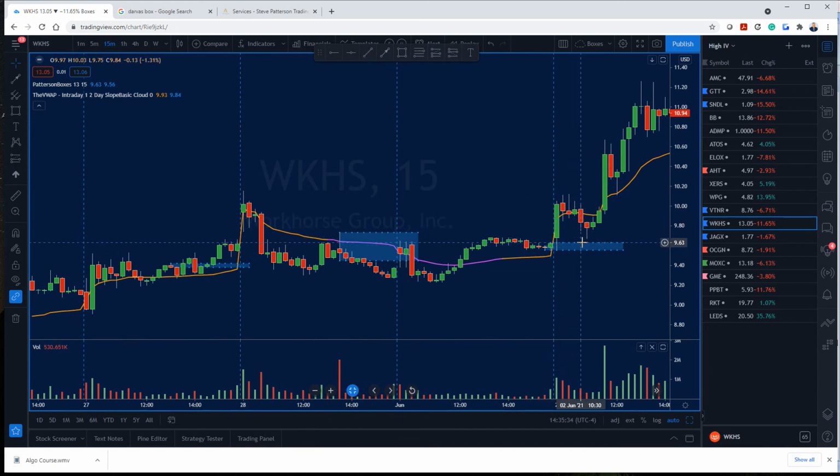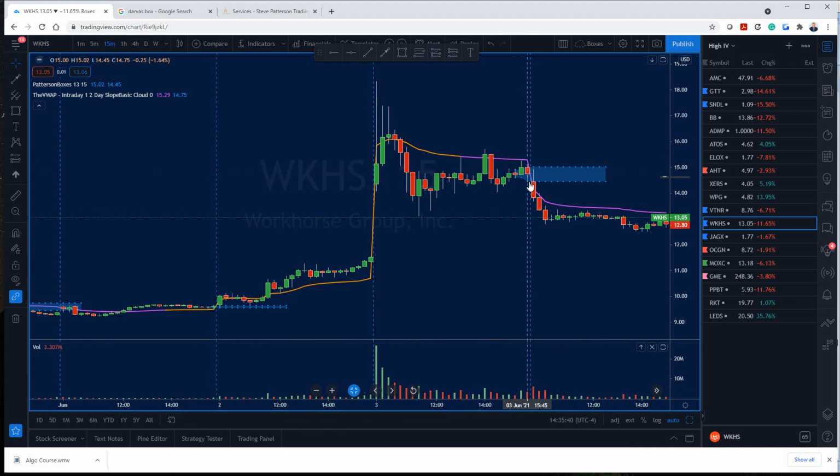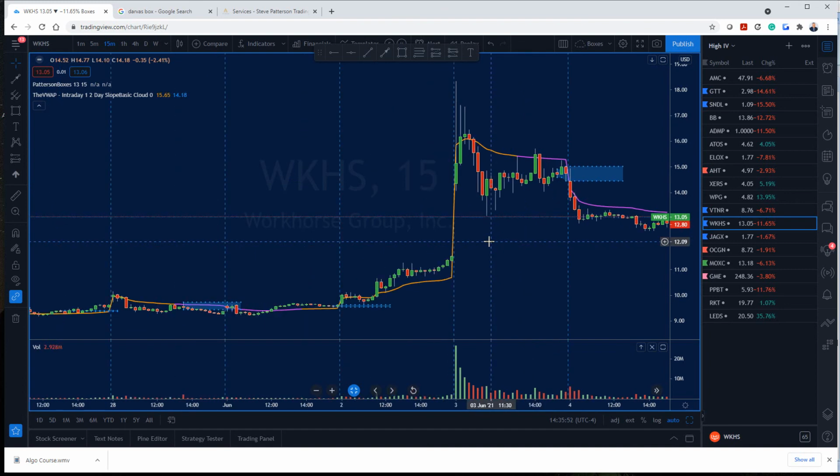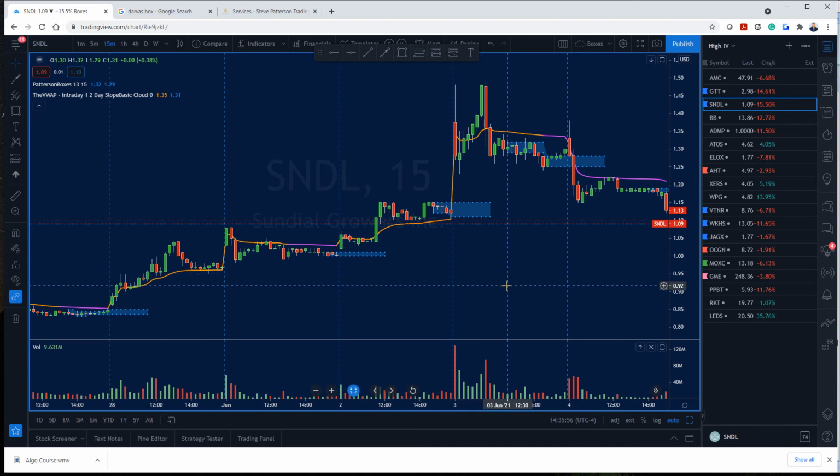Not all the time, but a lot of the time they do. In this particular case, we had this box that formed here, and I actually took this short right there. It didn't do super stellar, but it made me $1. There was a couple other ones, SNDL,